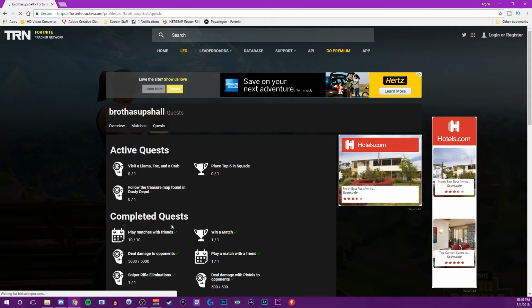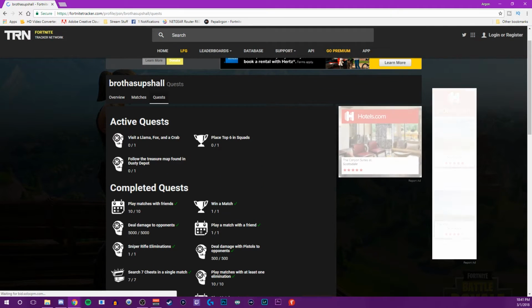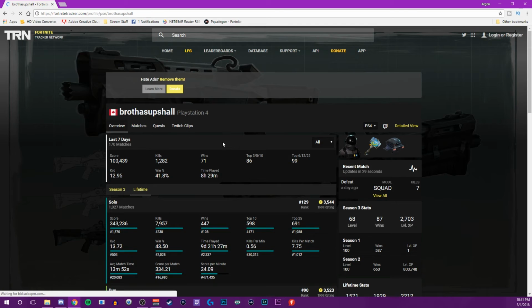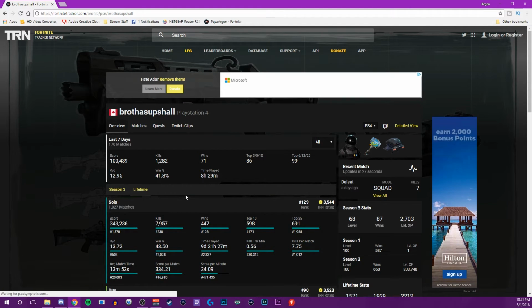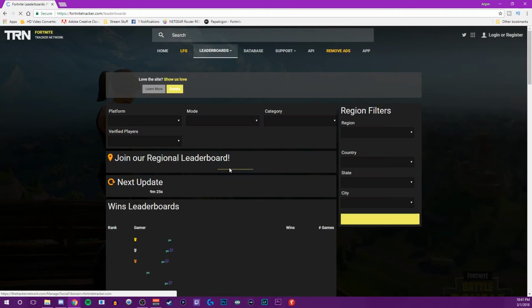So these are all the challenges and whatnot that you've got to win, and he's completed most of them. So that's not that important. You can get that on your main page. The stats themselves are stuff that you can't track in game, so it's nice that they do this for us. It's pretty insane. And on top of that, if you go to the very top, they do have leaderboards,